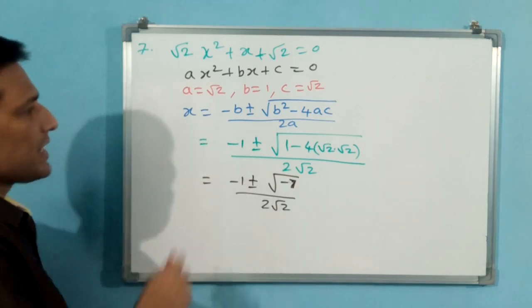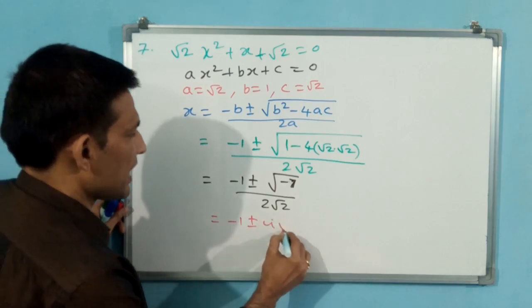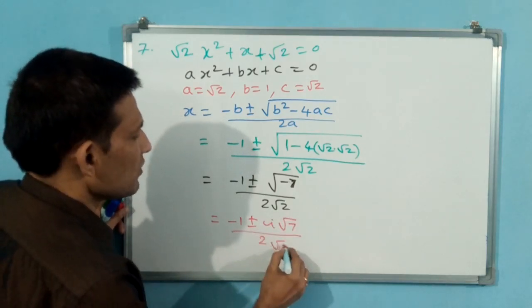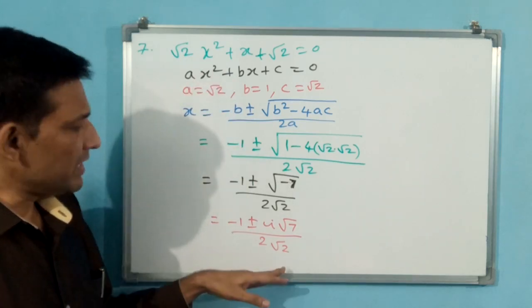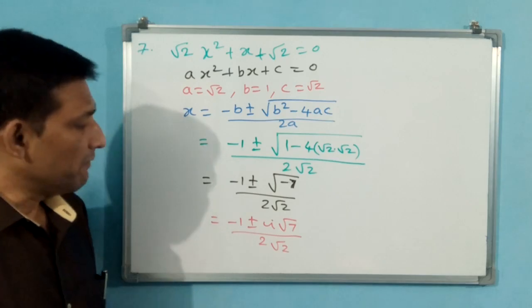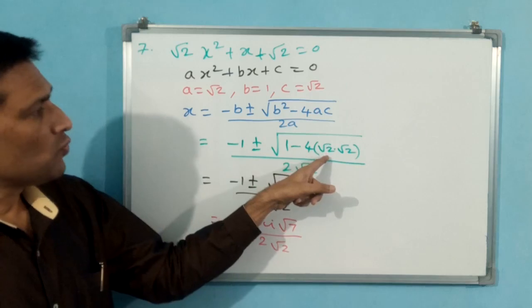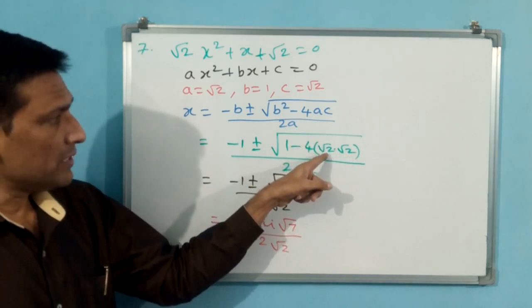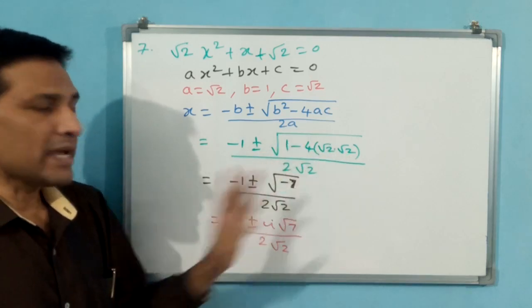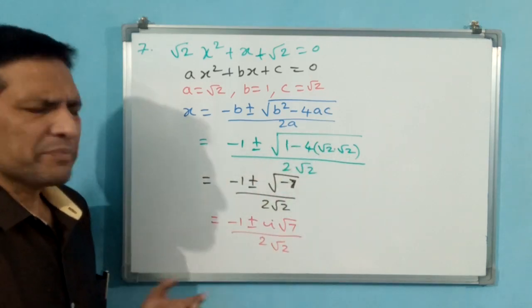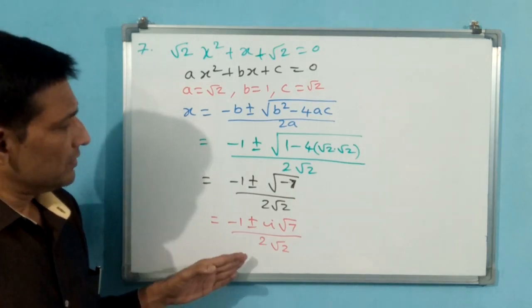But here 2 root 2 is there. Now you can write this in the form of a complex number. That is equal to minus 1 plus or minus i root 7 by 2 root 2. See, it has not created any problem. That is why directly we have done. If it creates any problem while calculation, see here root under root has come. But even though it has come, after multiplication, roots have got cancelled and one root only has become. Let it be. We will see all types of questions to get experience. This is your answer.